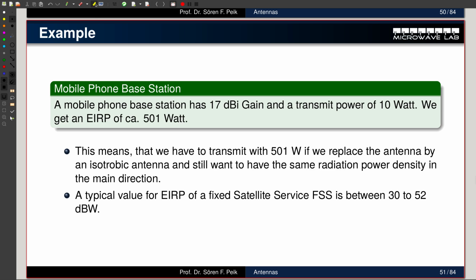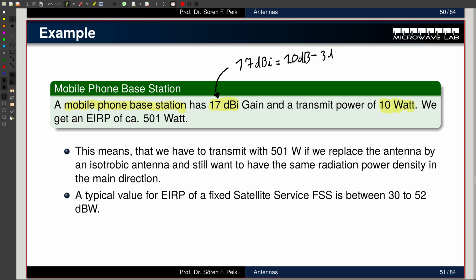Small example. Again, now we have a mobile phone base station, and this base station has an antenna with 17 dBi gain, similar to the one we have seen, and a transmitter with 10 watts of power. Maybe we have to make another lecture on dBs. 17 dBi, how much is this in absolute value? Well, 17 dBi is 20 dB